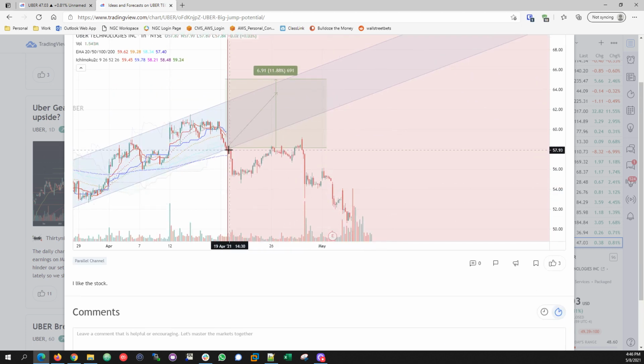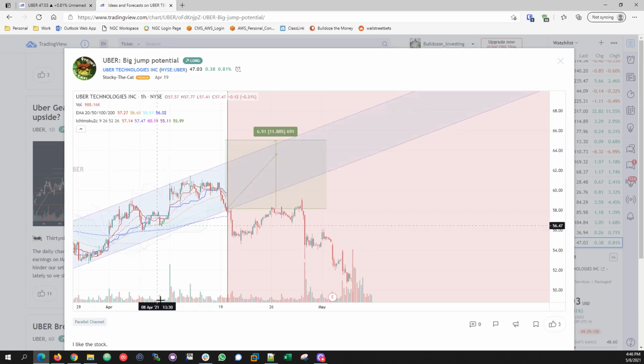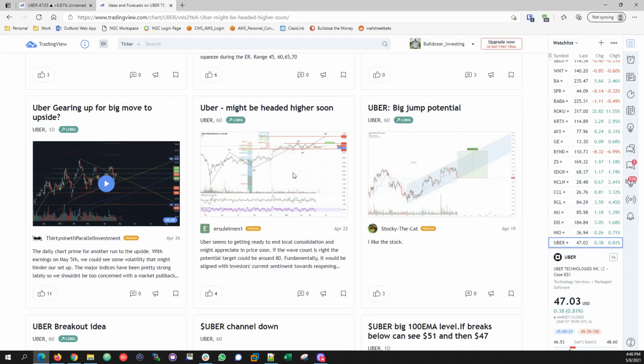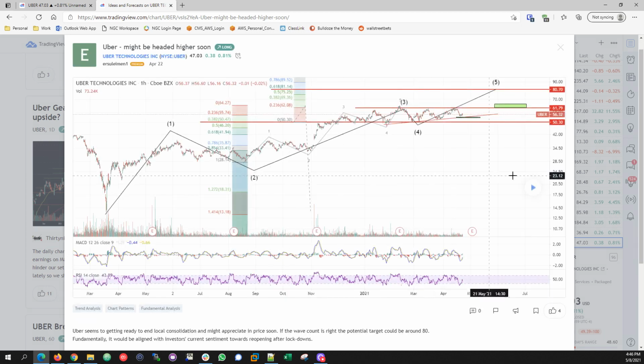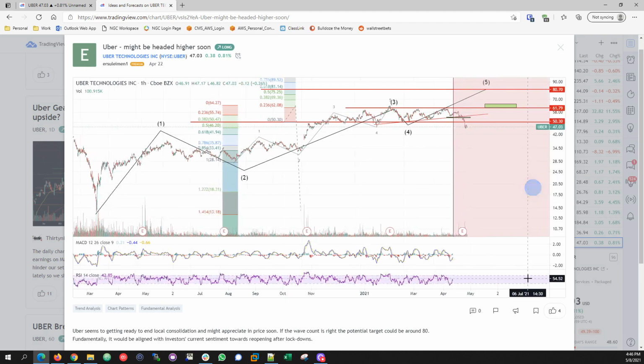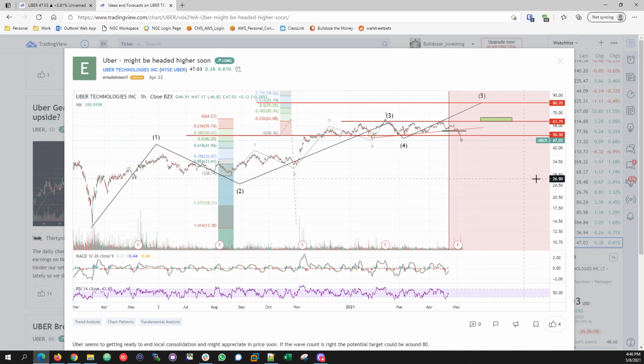So I mean, great try, because you're sitting at the bottom of the channel, so you're seeing that it might have an 11% opportunity. That is correct. But when you're sitting at the bottom of the channel, you also have to have very tight stops. And this is basically an hour chart. Yeah, 1 hour chart. So you can guess, like Elliott wave. The guy did a wave theory here, and it blew out.